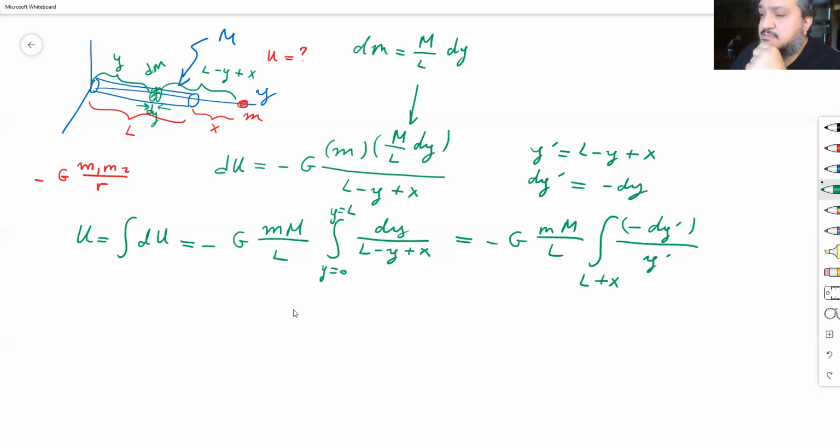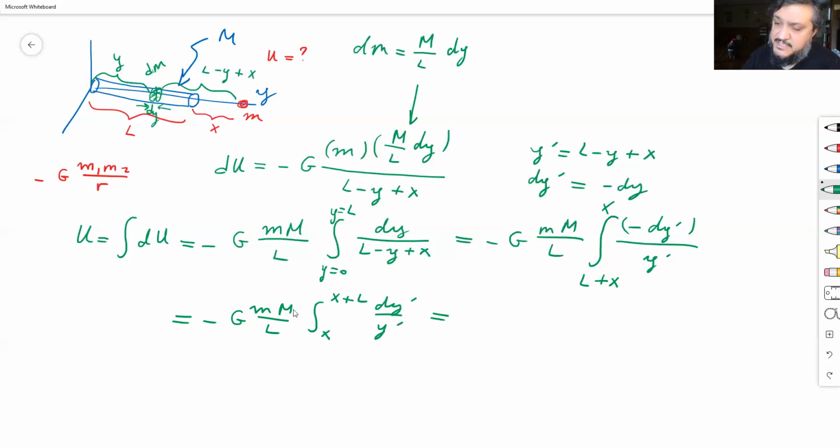And when y is L, y prime is just x. Two negatives make a positive, then you flip the integral limits. You will have a negative from there, negative G m M over L, integral from x to x plus L of dy prime over y prime, which is the natural logarithm, negative G m M over L ln of x plus L, divided by x. If you plug in the limits,